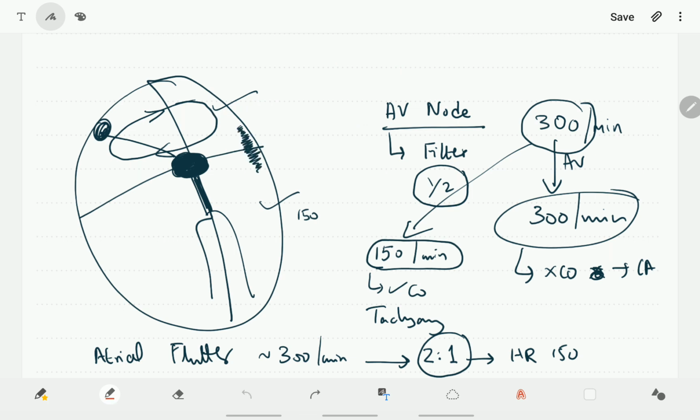So if we complicate things a little bit more, suppose this patient has also got an accessory pathway. So if this is a patient with Wolff-Parkinson-White syndrome, now the impulses that are fluttering in the atria have got two choices. Either they can travel down through the AV node or they can go down through this accessory pathway. The AV node is good in the sense that it will filter these impulses, but of course this accessory pathway lacks this filtering property, so we would prefer the impulses going through the AV node instead of this accessory bundle. If this patient is given AV nodal blocking agents,